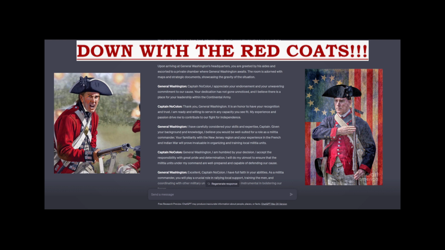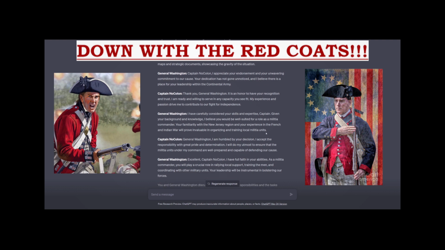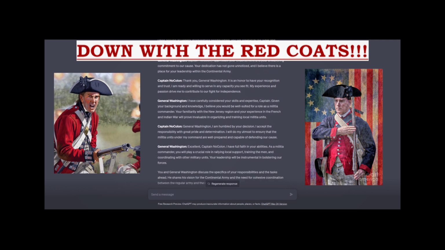Perfect. This is ironic because Washington hated the militia. Hated it. Like, with a burning, burning, burning passion. He thought they were a bunch of drunks with no discipline and swore too much, and they could come and go as they pleased because that's how militias worked and all that sort of stuff. Obviously, I'm happy. In this Fantasyland, General Washington respects militia, or he hates me, and this is like an undercut to my credibility.